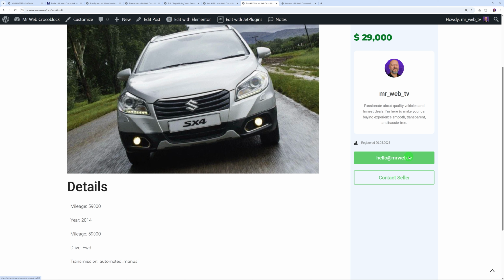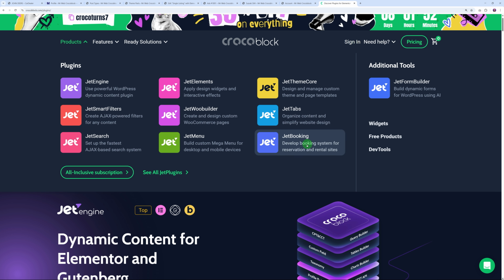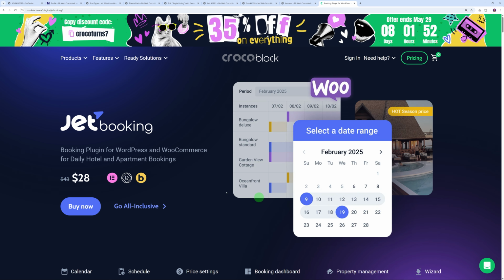Now you can do whatever you want from here. You could have maybe book an appointment or something like this, you know, because if you go on the Crocoblock website, you'll find a ton of different Jet plugins. Obviously, you have JetBooking as well. So you could use this maybe to set a booking system, you know. So we're not going to cover this today, but it's just to show you all the possibilities that are available,